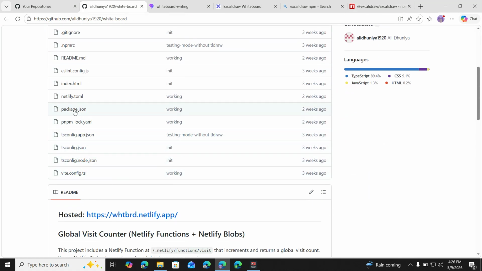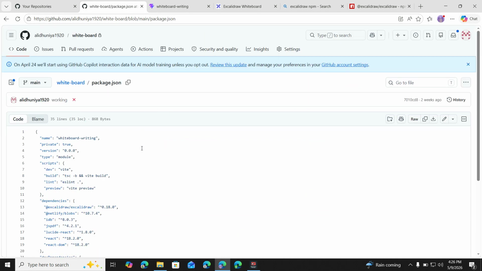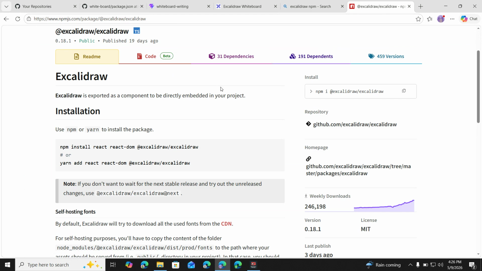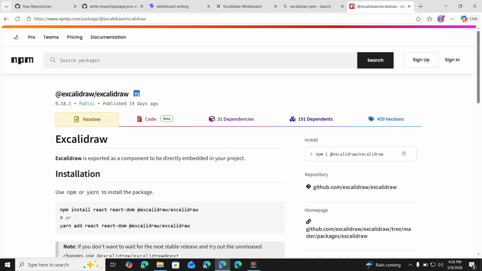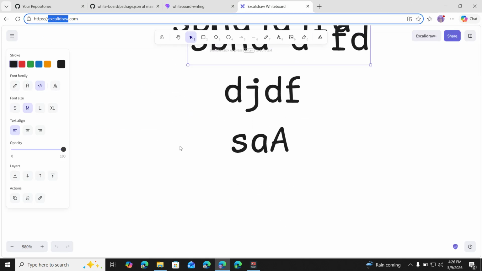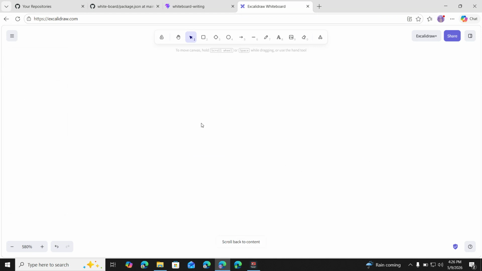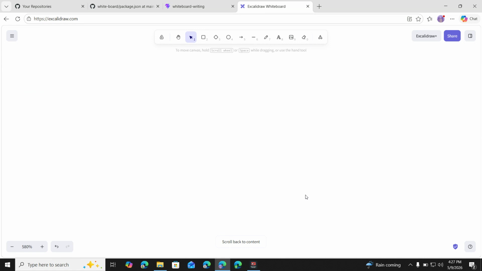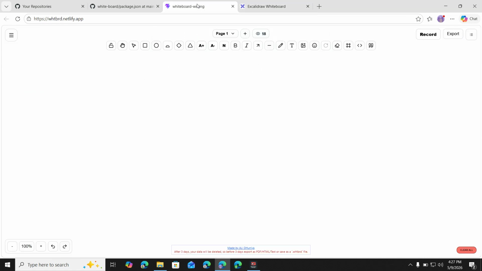You can go to package.json, and as you can see here, this is the same plugin, but what's interesting is this is the free version of Excalidraw, and what I have added is something called layers,